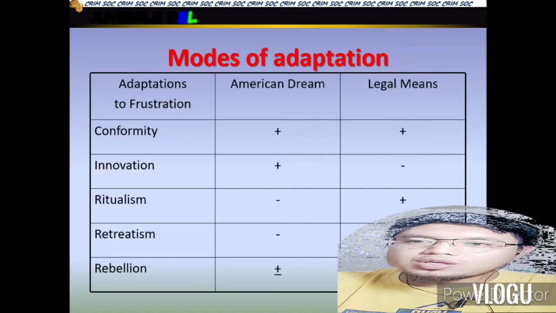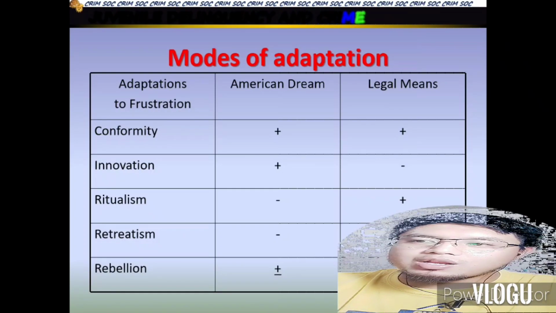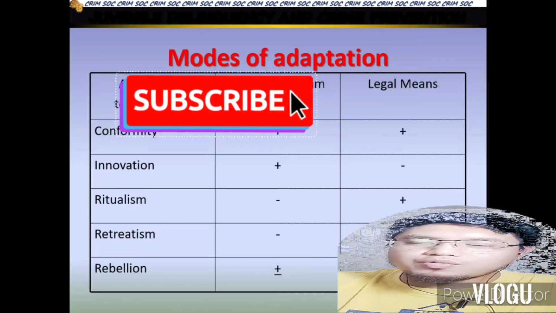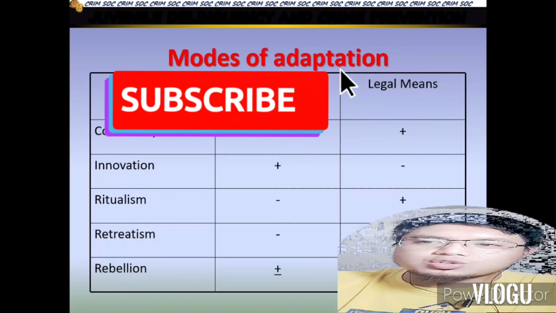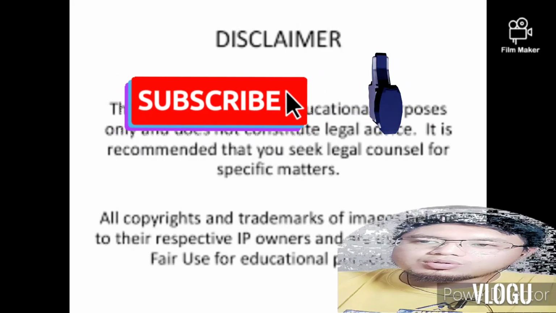The modes of adaptation are again conformity, innovation, ritualism, retreatism, or rebellion. If the American dream or legal means is either approved or disapproved, that depends on how you call them, as shown on this